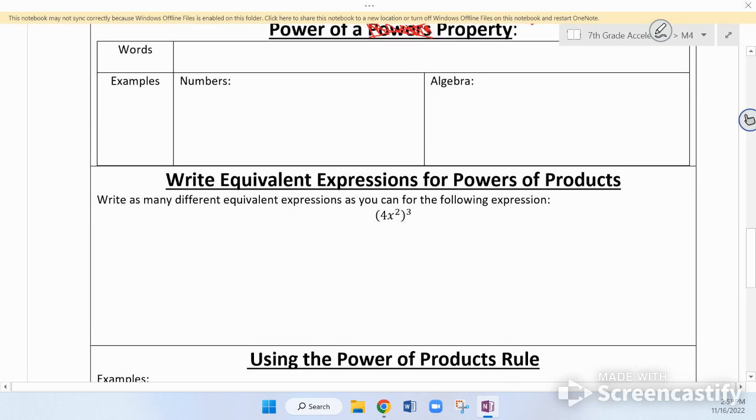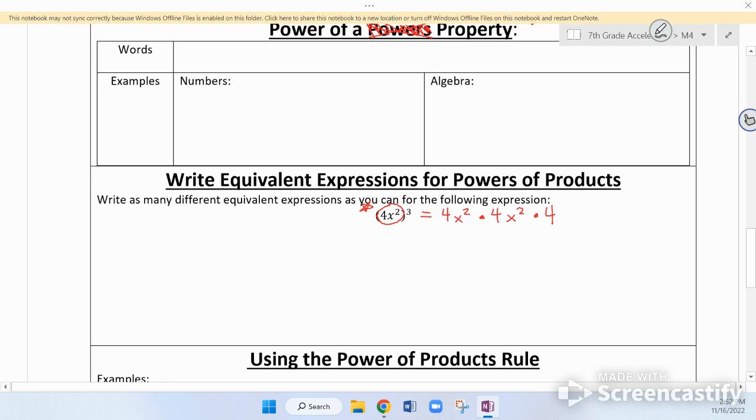So let's look down here. Let's look right here. All right. How many different ways can we write this? Well, don't worry about it. You don't have to do it. I just want to talk through it. All right. So we can think 4x to the second to the third. That whole thing we need to use as a factor. How many times? 3 times. All right. So